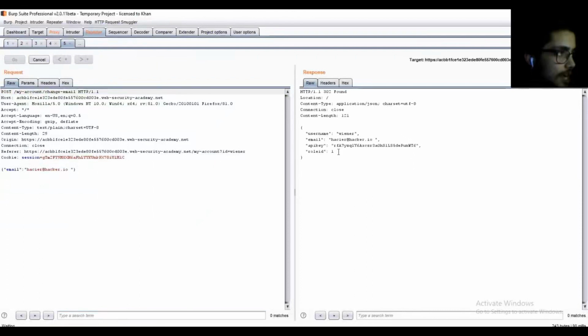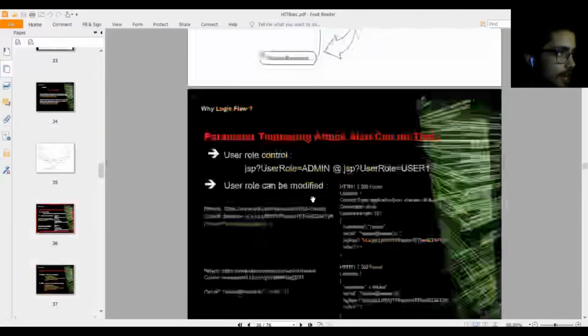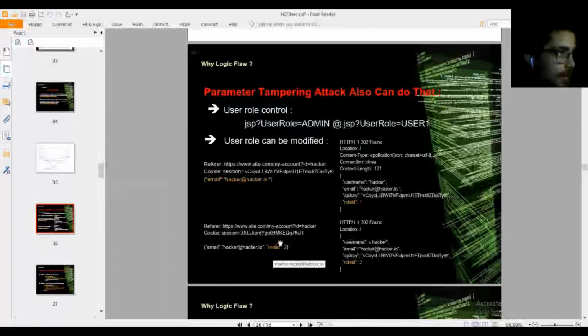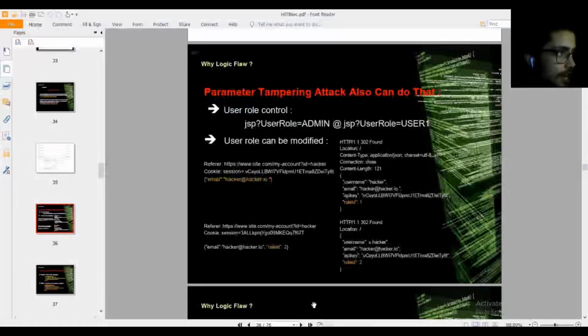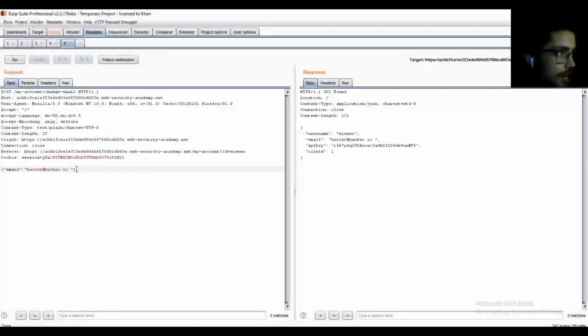As you can see, in the response there is a role ID 1. So we need to do some changes there. Of course, as you can see, we need to access the role ID 2. So we need to go there. So what we have to do now is to change the role ID 1